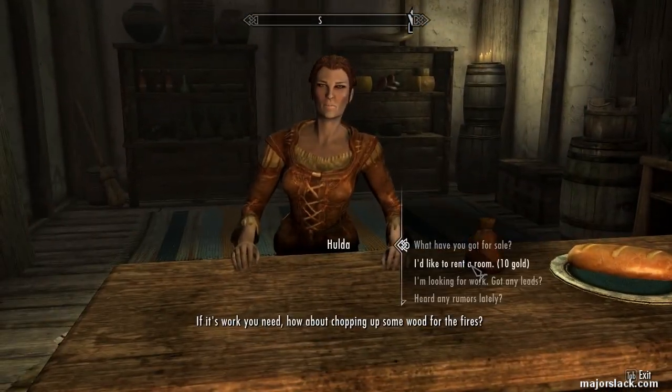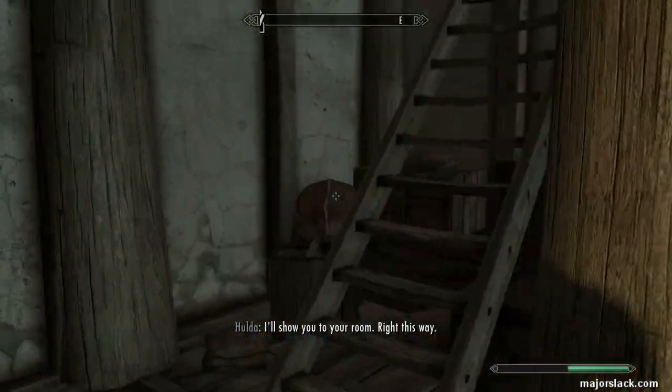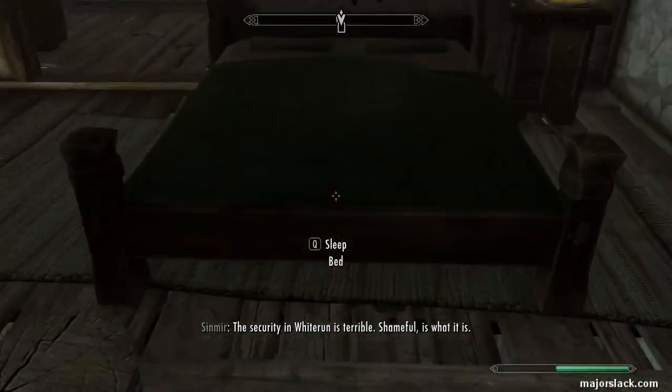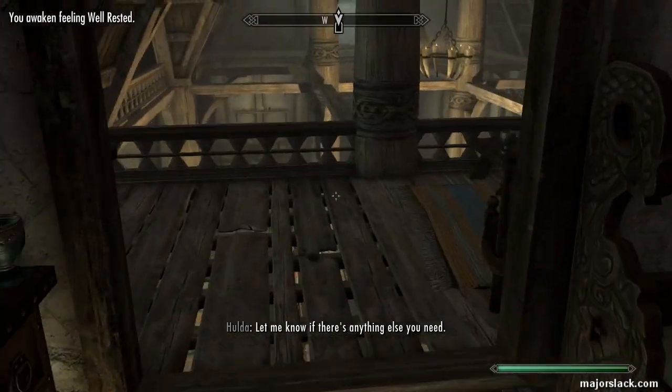If There you it's go. work you need, Rent a room. sure thing. It's yours. I'll show you to your room right this way. The Need security anything in else? Just Whiterun let is me know. terrible. Shameful is what it is. Sleep an hour. That's all I Let need me to know do. if there's anything else you...